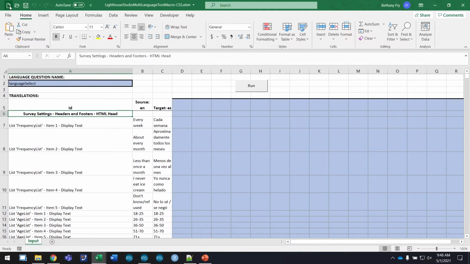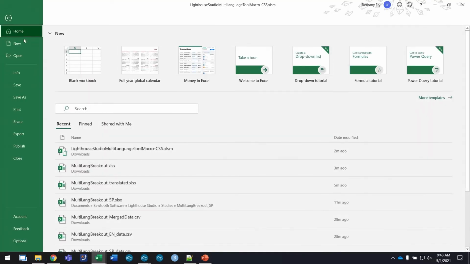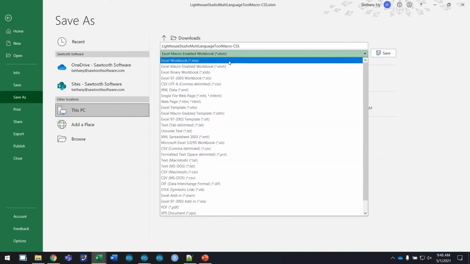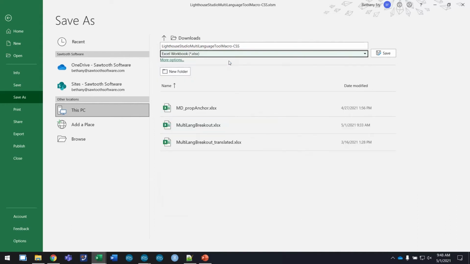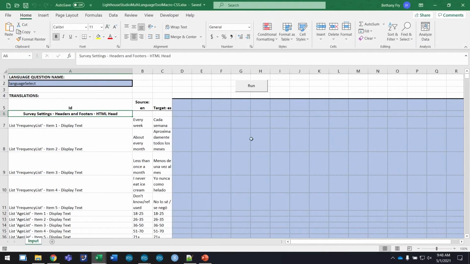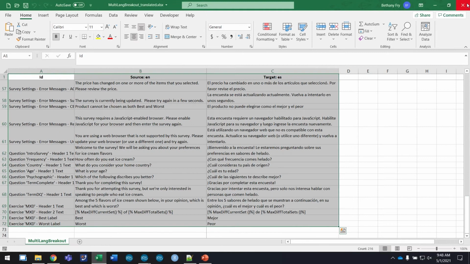So I will go ahead and save this. Since this is a macro, it has the XLSM, I'll need to save this as just a regular Excel workbook, so an XLSX. And I can rename it if I want to. I'm just going to save this back in my downloads folder. So we save it as an XLSX in order for Lighthouse Studio to read it. So I'll hit save. It'll say, hey, you're going to lose your macro capabilities, and that's fine. So I'll click yes from there. So it saves it. We'll close out of that,